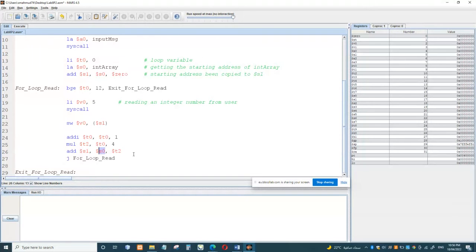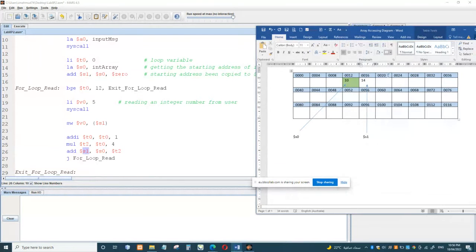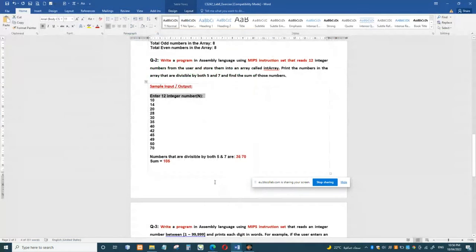So 0012 plus 8 is 0020, which will be the new value of S1. So S1 will now point to 0020. You can see that S1 will now point here, and that is the new value of S1. So this loop will continue, and finally it will read all the 12 integer numbers. Then 20, 28